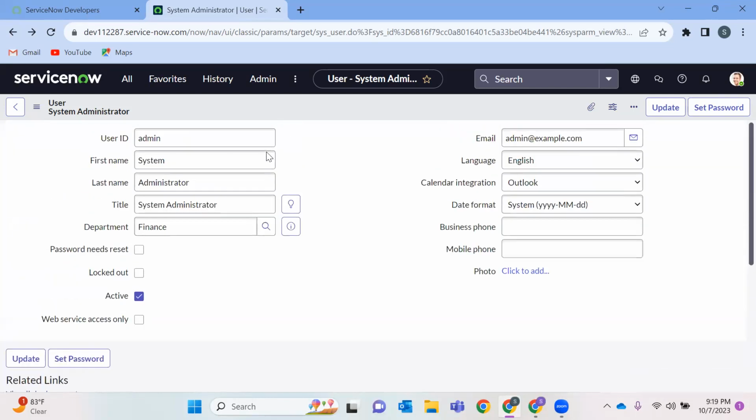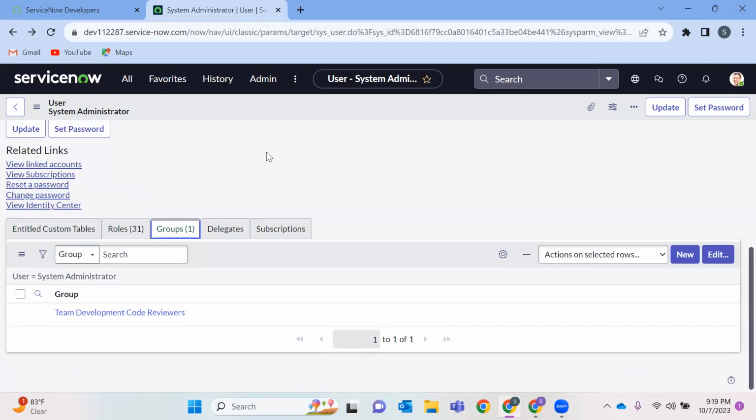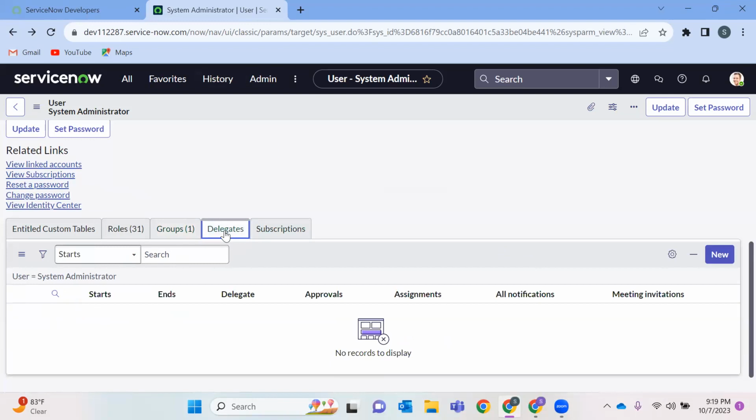And groups. What is a group? What is the use of having a group? So we'll be learning all these concepts. Delegation is nothing but in absence of the current user, if someone wants to approve or reject any approvals, for a time being, if they need certain accesses, certain approvals, certain meeting invites, all this we can delegate.